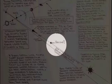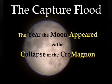His Vulcan is none other than the Phoenix. I have personally exchanged correspondence with Dr. Wormkessel and my data confirms that the Phoenix is indeed the Vulcan that he has discovered. Around 1902, the historian Hans Bellamy published a series of books concerning the capture flood, the sudden appearance of our